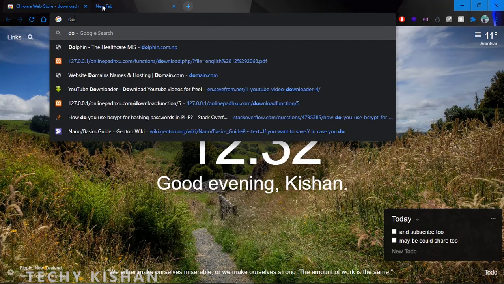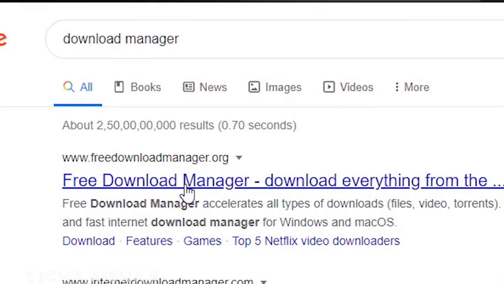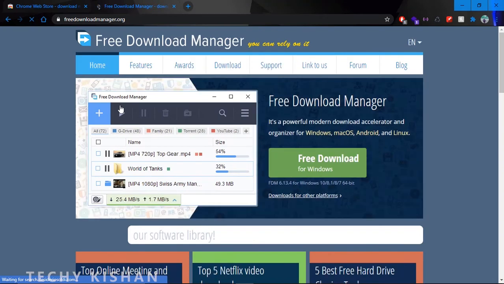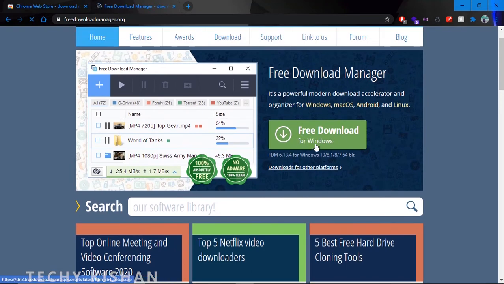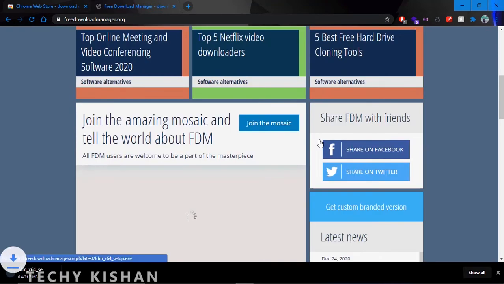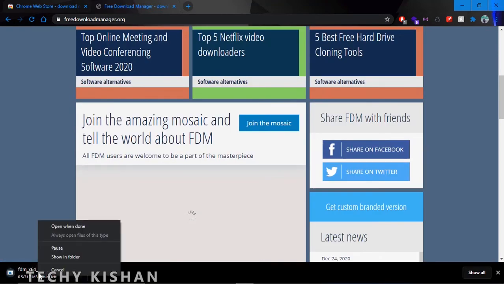So friends, the sixth plugin I'm going to talk about is Download Manager. Yes friends, Download Manager is very helpful for downloading videos from the internet, and I have already used it, but friends, it also gives you a free trial of 7 days. So if you haven't tried it, you can still try it with a free trial version of 7 days without any payment.